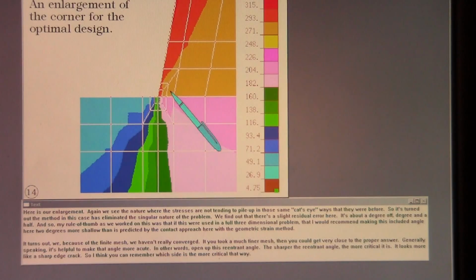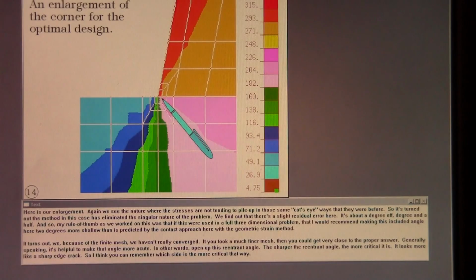Again, we see the nature where the stresses are not tending to pile up in those same cat's eye ways that they were before. So it's turned out the method in this case has eliminated the singular nature of the problem. We find out that there's a slight residual error here. It's about a degree off, degree and a half. And so